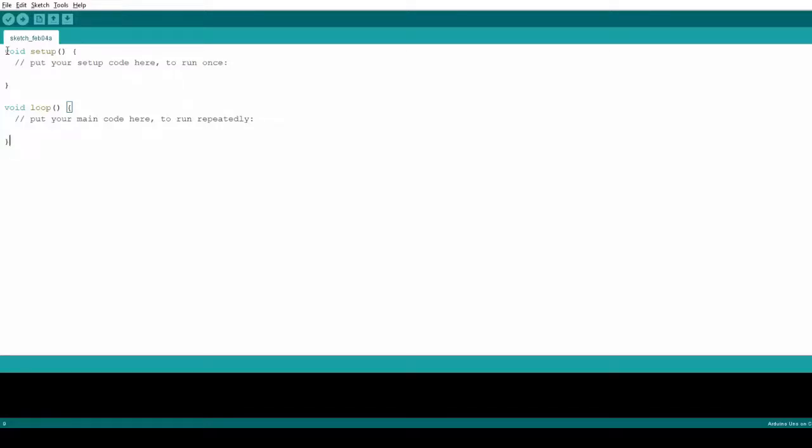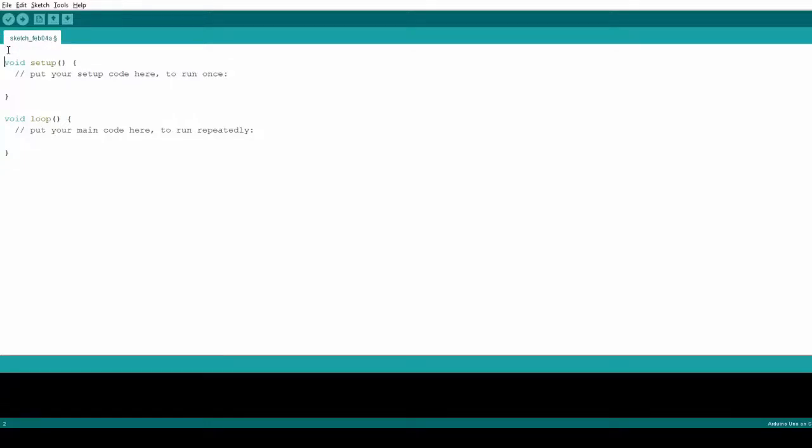First, we are going to initialize. That means here we are going to include the library. The library we are using is the LiquidCrystal.h library.